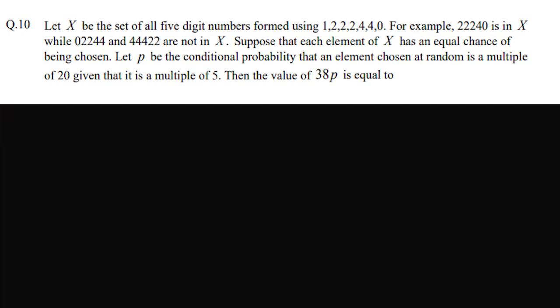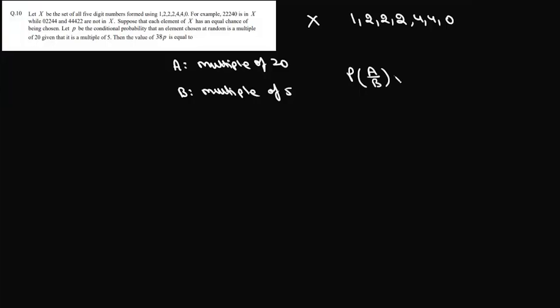16. Now here the question is, let x be set of all 5-digit numbers formed using digits 1, 2, 2, 2, 4, 4, 0. Now suppose that each element of x has an equal chance of being chosen, and let p be conditional probability that an element chosen at random is a multiple of 20 given that it is a multiple of 5. So we have two events. A, it is a multiple of 20. B, given that it is a multiple of 5, we have to find this conditional probability of A by B, which is probability of A intersection B upon